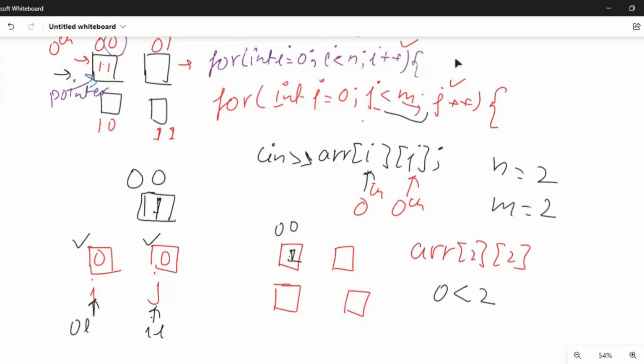Now the j value will be incremented, that is now the j value from 0 will be changed to 1. After the value is changed from 0 to 1, so now what will happen, now my pointer will come to this position, that is on the 0th row and on the first column. So now here I will be inserting the value to be 2. Now if the j value changes to 2, so it will again check the condition that 2 less than 2. So this condition is absolutely false.